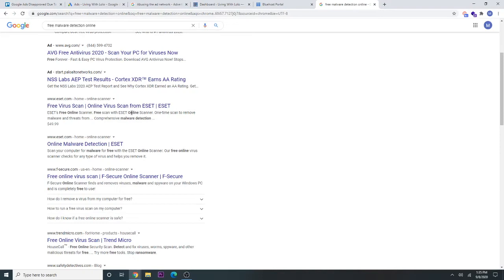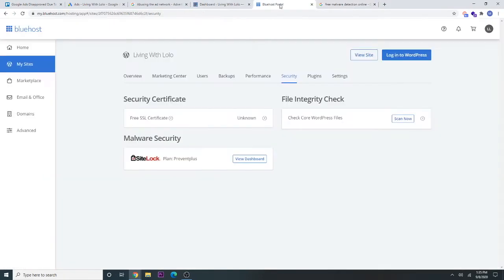So the next step I would recommend, which is step 3, is to go to your hosting provider. In this case, it is Bluehost. With Bluehost, I don't know if it's managed WordPress, but it's a WordPress dashboard through Bluehost. With this account in specific, we did not have malware security enabled. And with most hosting providers, they all offer some sort of system so you can protect yourself from malware security issues.